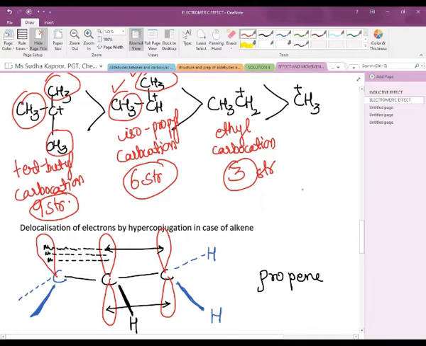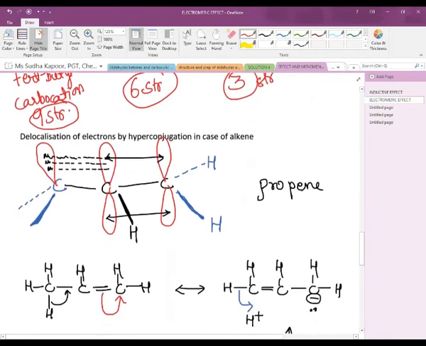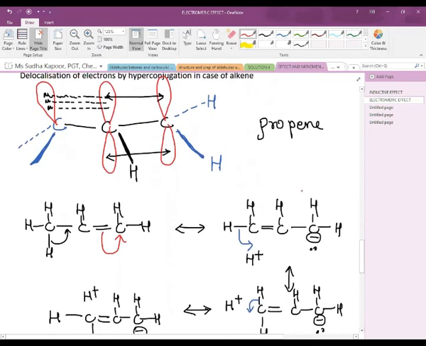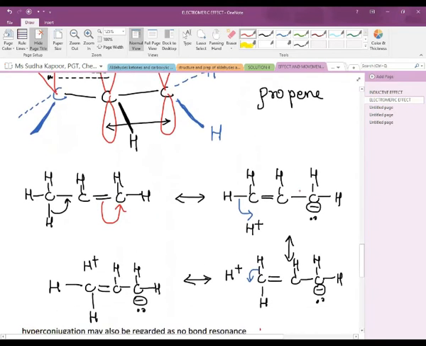So let us take the example of propene, where the shifting of the sigma bond is taking place towards the carbon which is positive in nature. So let us see the case of propene. The double bond is shifted towards the CH2 and the carbon becomes positive in nature. But as soon as the carbon becomes positive in nature, it will take away the bond. It will make the shifting of the bond from the nearby hydrogen. So the bond has been shifted in between C and C, the one which was single bonded, and a double bond is obtained.